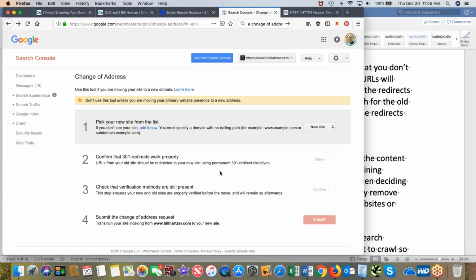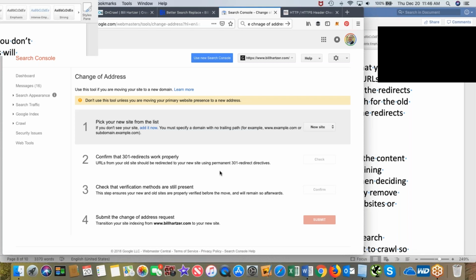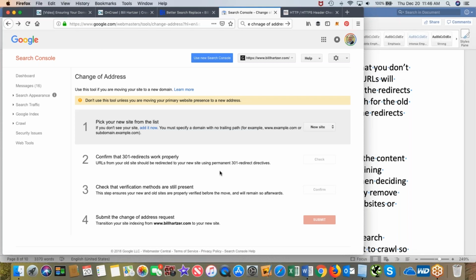If you don't use the change of address tool, they may or may not pass all the link juice or all the link credit through the 301 redirects from the old site to the new site. Obviously you want to check and make sure that those 301 redirects are in place. I think we're running just about out of time. I'm going to throw it back and see if we have any questions